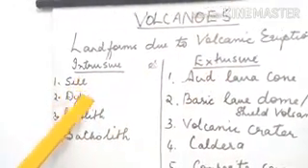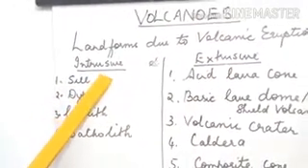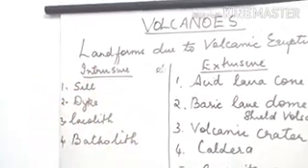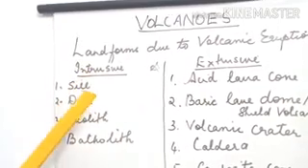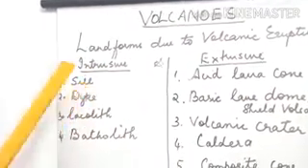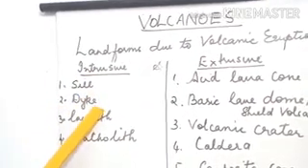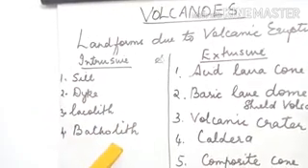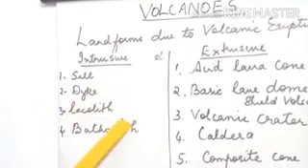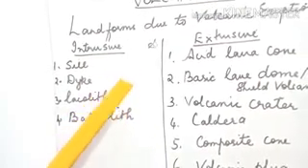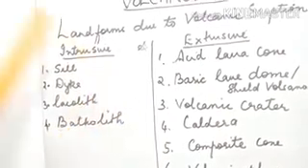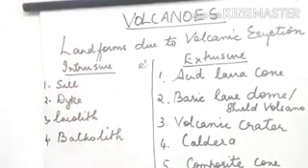In the previous chapter, we studied intrusive rocks, that is, when lava gets solidified under the earth, certain landforms such as sill, dike, laccolith and phacolith happen. I am not going to explain this here because it is already well explained in the previous chapter. I don't want to repeat the same thing here.